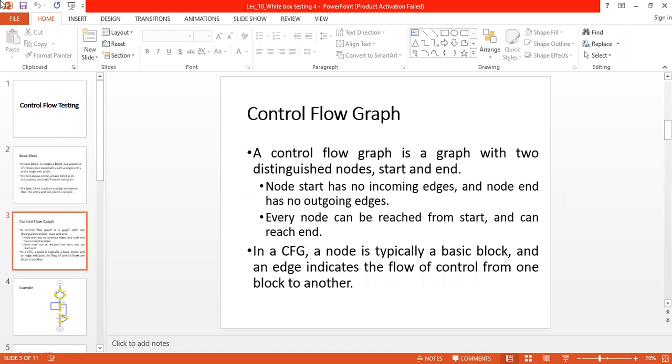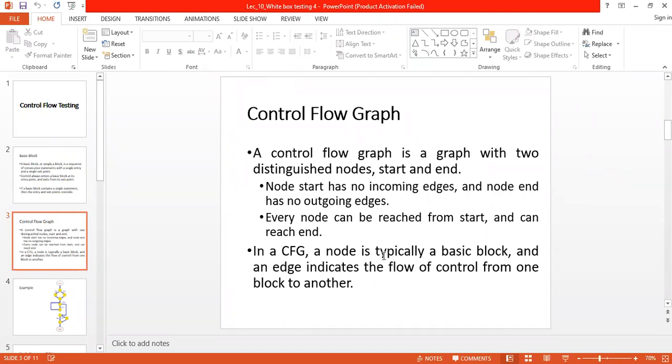So in the control flow graph, the basic block, or the sequence of consecutive statements which have single entry and single exit, acts as a node in the control flow graph, right?